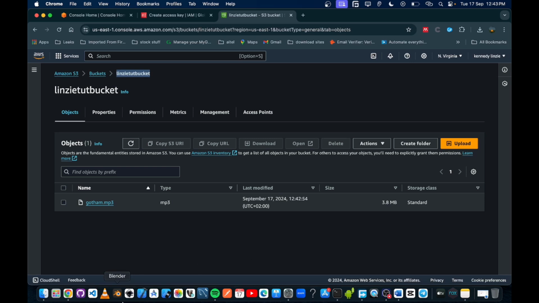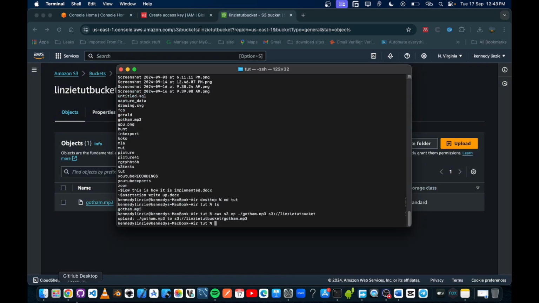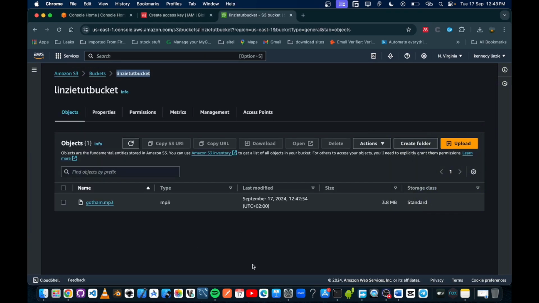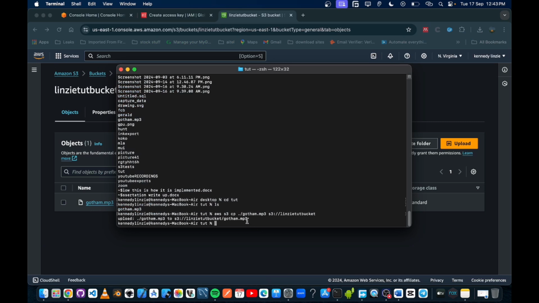So now I think we need to duplicate this file. So let's name this zoom, and we should also upload zoom. So just click the up arrow and move to the name,